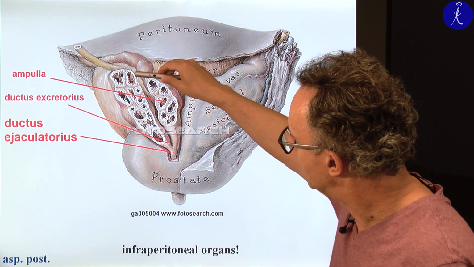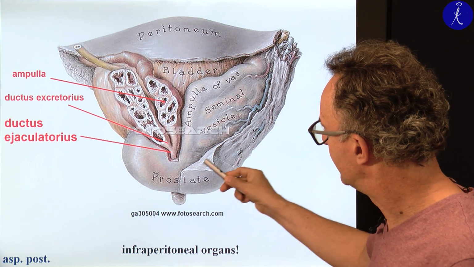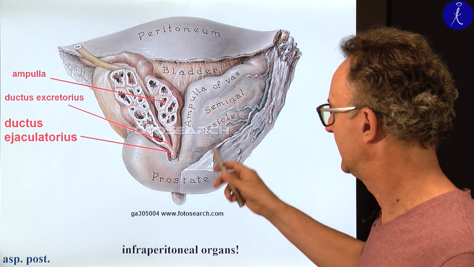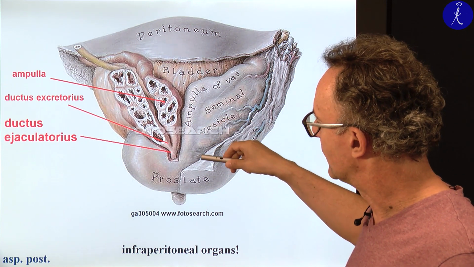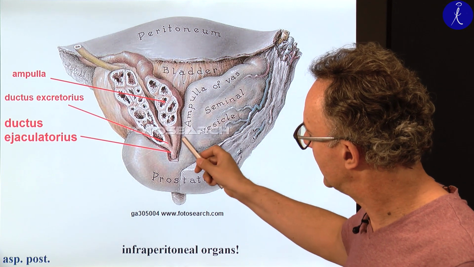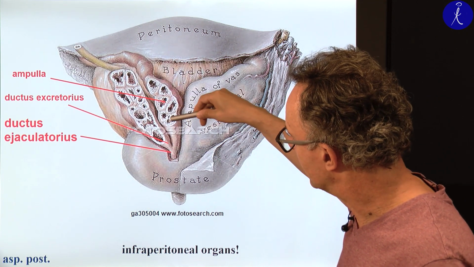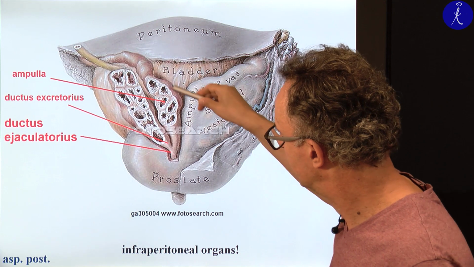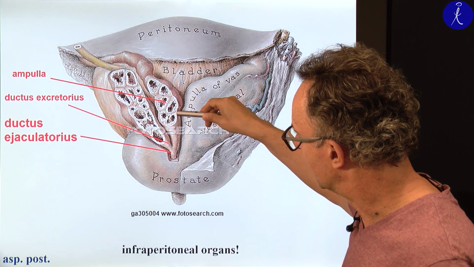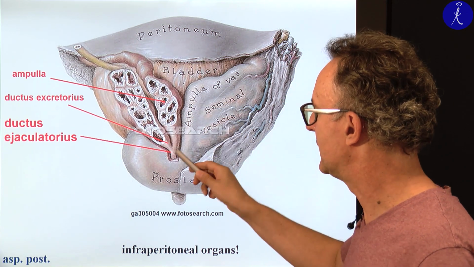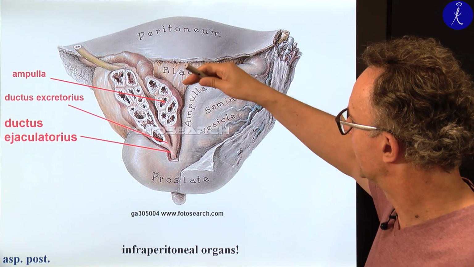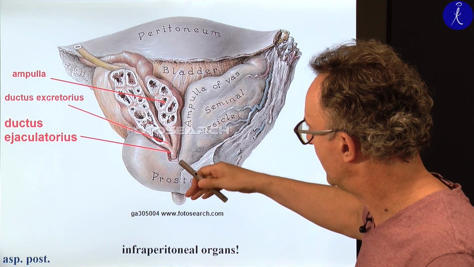We see the same. If we remove a very important connective tissue septum, the Denonvilliers fascia in clinical practice, or rectovesical fascia, otherwise, or septum, I will mention it later. We see this picture. Laterally the seminal vesicle, medially the ampulla of the vas deferens after the crossing. And you see the excretory duct of the seminal vesicle unites with the ampulla of the vas deferens to form the ejaculatory duct. This is already in the prostate. And what you see here is the peritoneum lining, which is over the bladder. That's why everything what we described is in